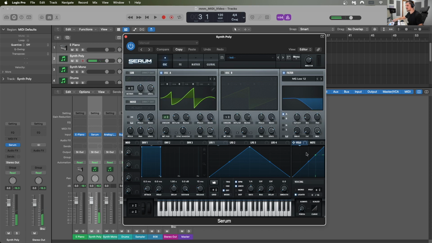I could use one of these faders to control something else. For example, if I go to the detune and click again on MIDI learn, whatever I touch first on this controller will now control that. So I can use this fader now to control the detune. So I have a fader to control the detune and a knob to control the sync window and the cutoff